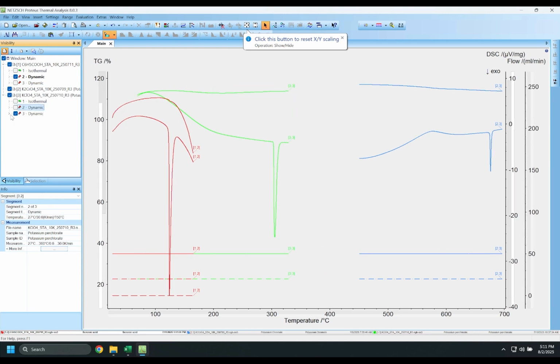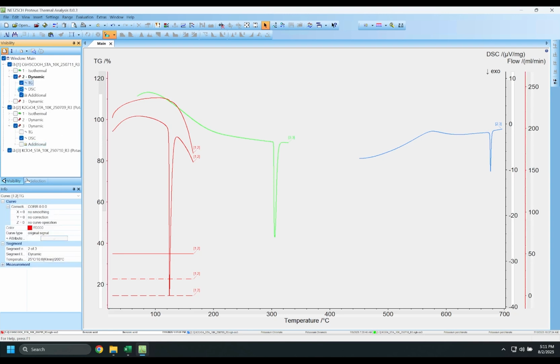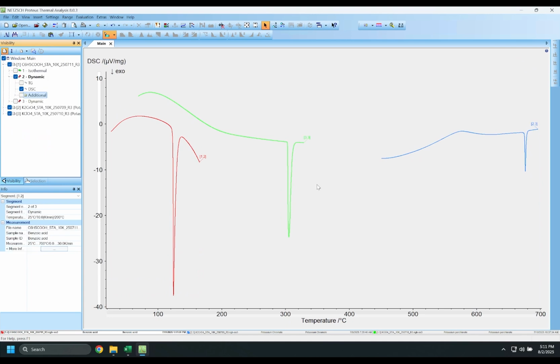I'll then turn off any TG signals or additional signals that I won't need for this. You'll only need to be looking at the DSC signals for this analysis. And now you can see I have isolated the 3 DSC signals for the 3 compounds I'm evaluating in this